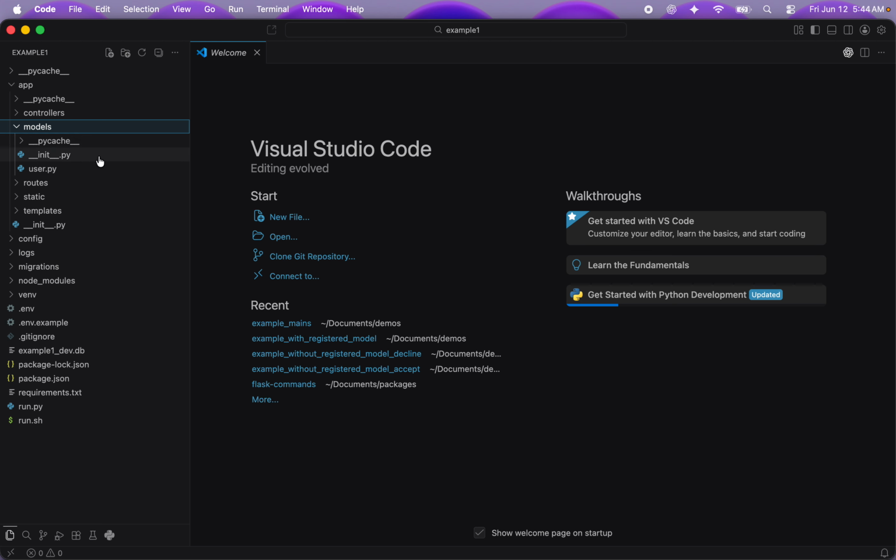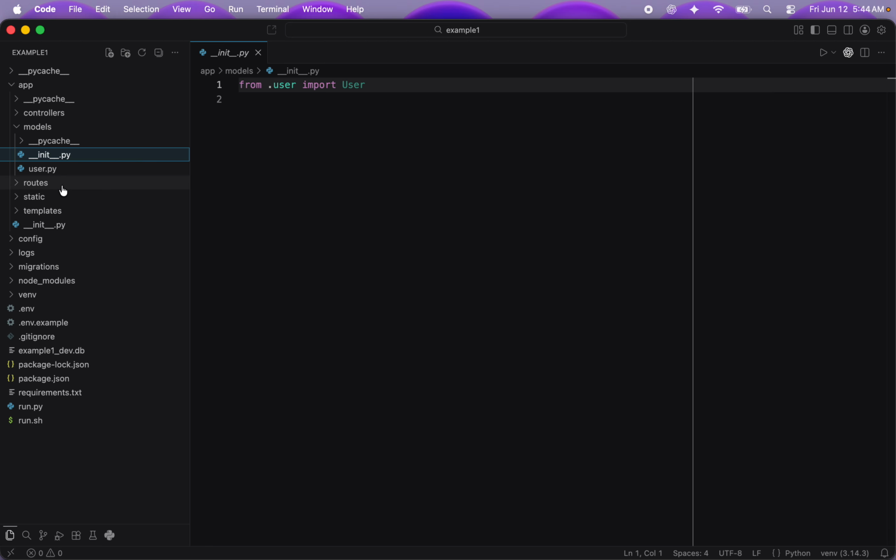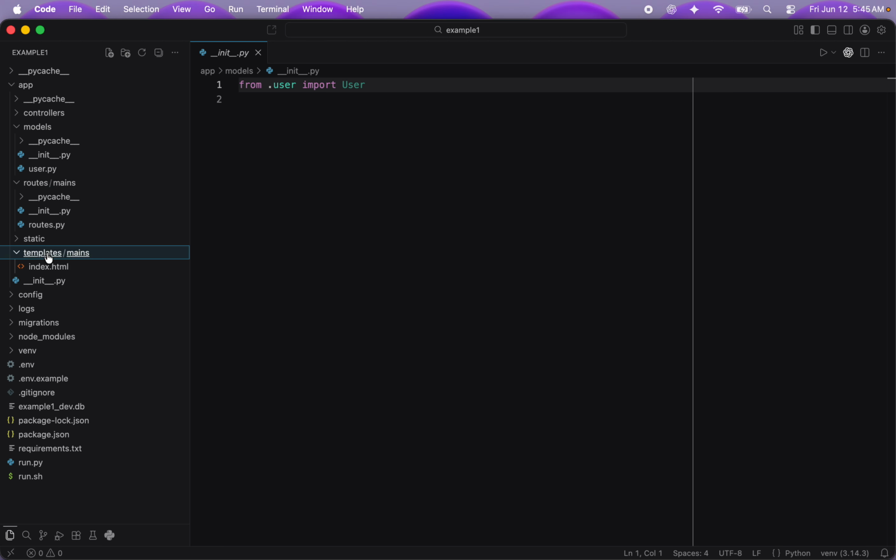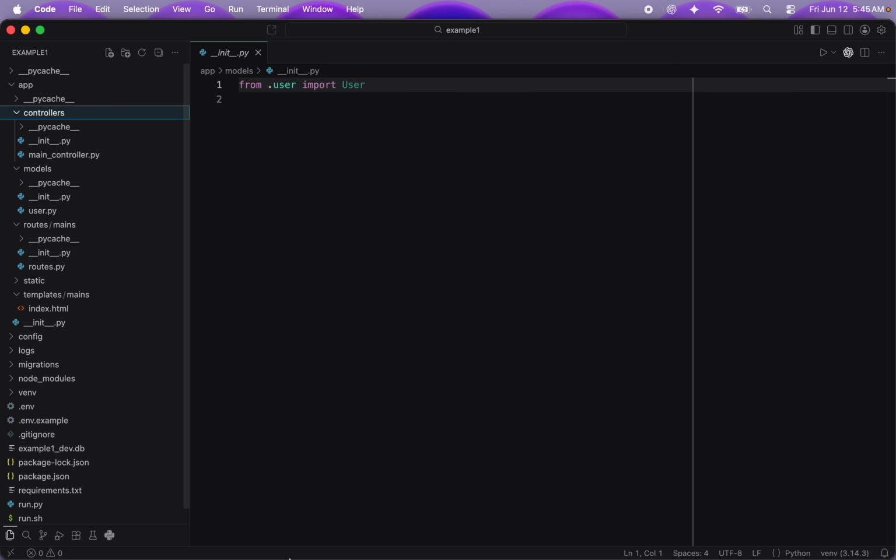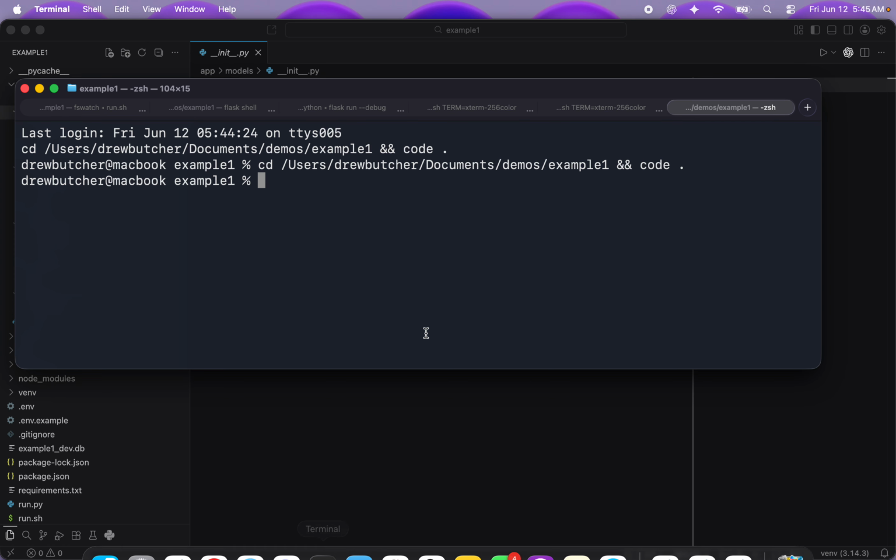It's just user. You saw me generate it, a brand new Flask application. So the route's just the mains, the template's just mains, the controller's just main controller. All right, so now let's suppose that in this example I do Flask make view